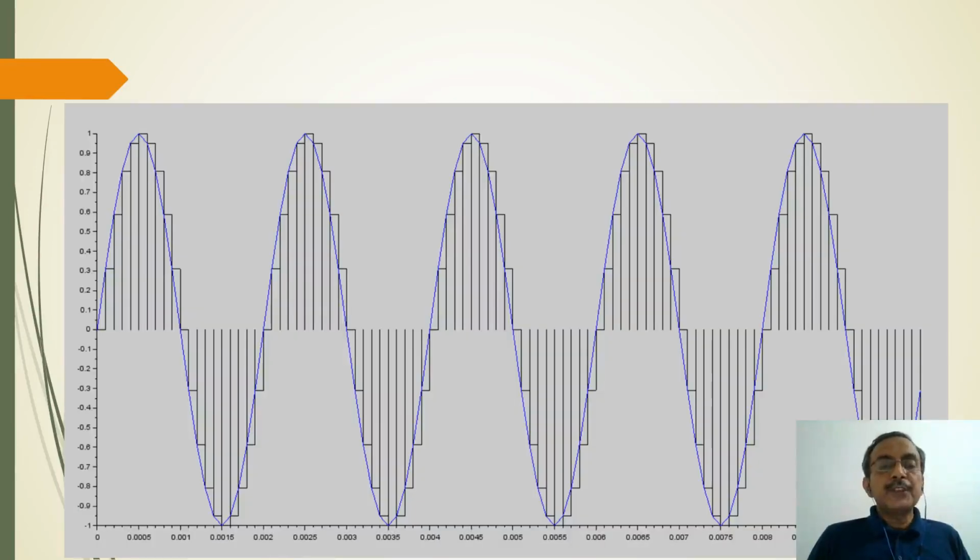This is the superimposition of the three signals that we have seen in the previous slide, and this actually shows the approximate sinusoidal signal which has been generated. Of course, if we have got lesser number of samples, then this smooth curve that we are getting over here will not be that smooth, and we may have the clipping of the top and the bottom of the sinusoidal signal, which we have seen in one of the examples when we took the frequency as 1 kilohertz.